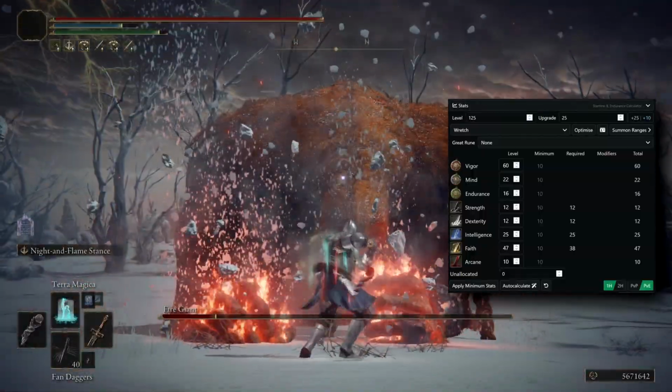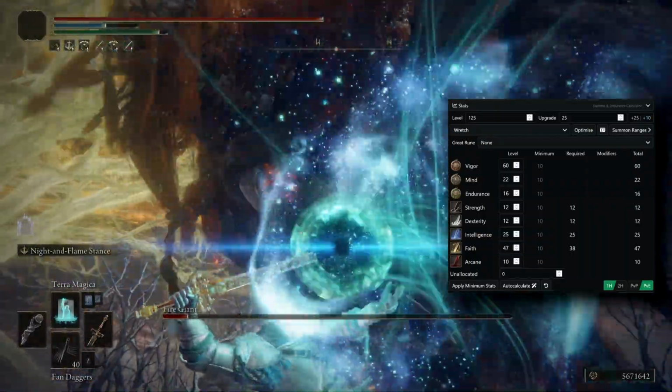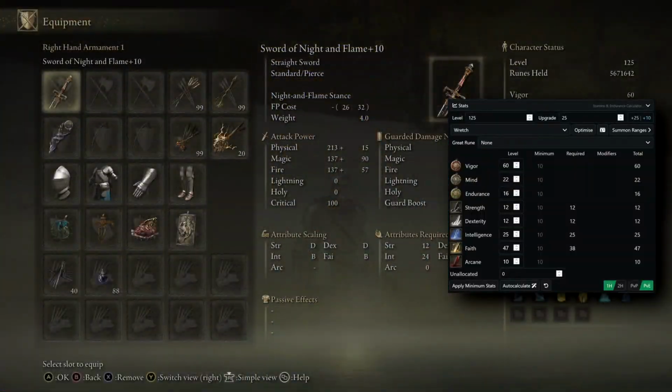Mind is our dump stat, and we worry about it after getting the stats we require for the rest of the build. I recommend having at least 20 mind, because this build is going to eat up a lot of FP. Up next, we've got 16 endurance, which is the minimum required to medium roll with the heaviest gear this